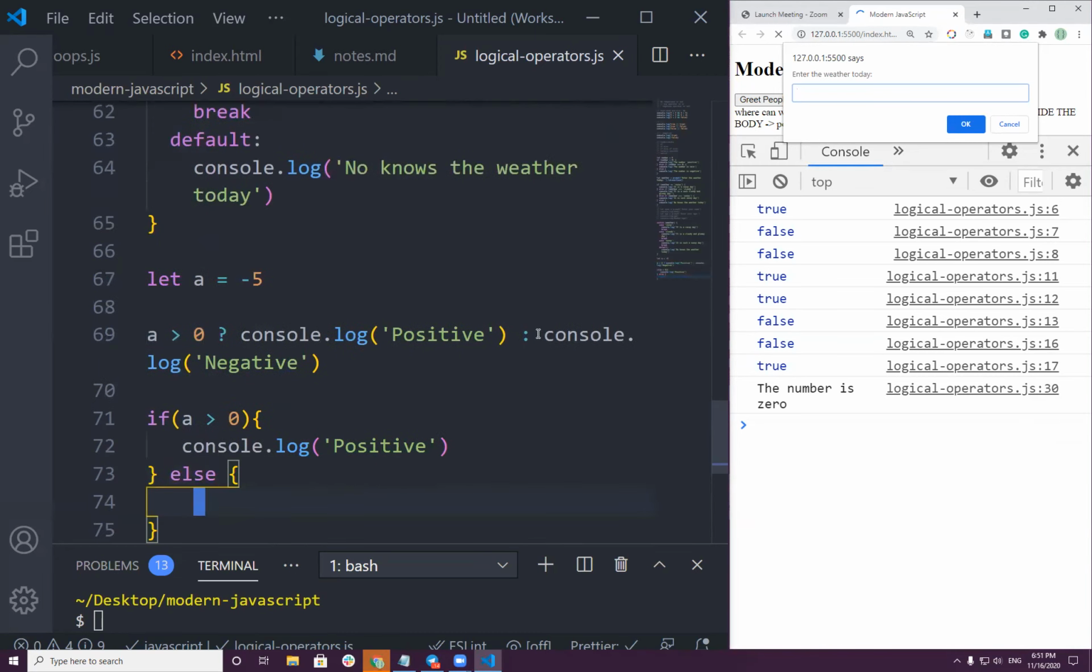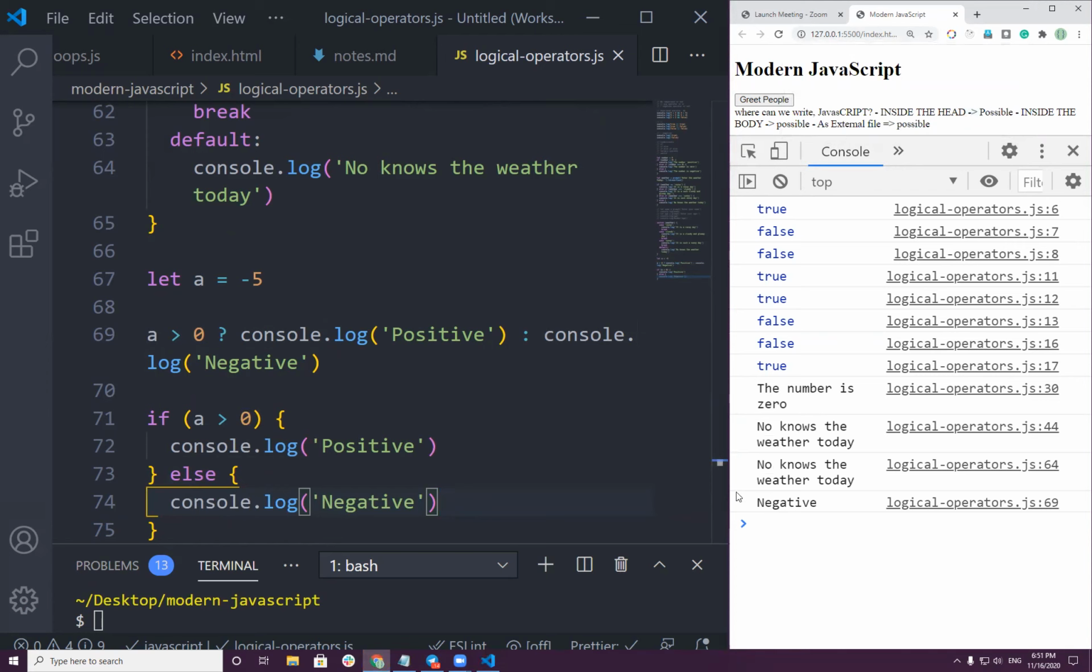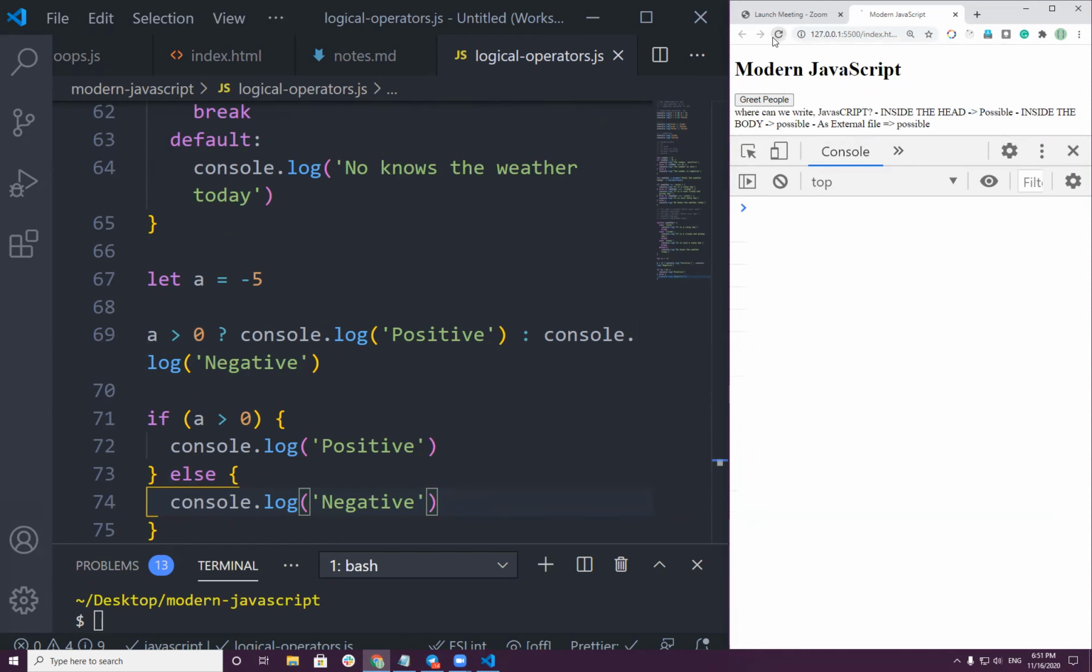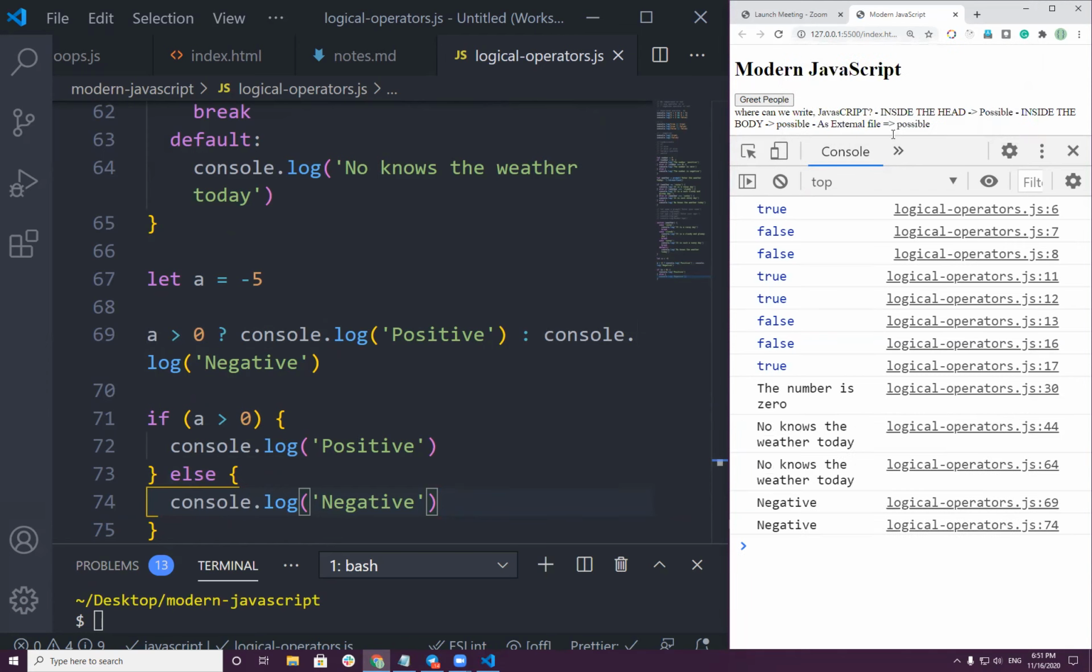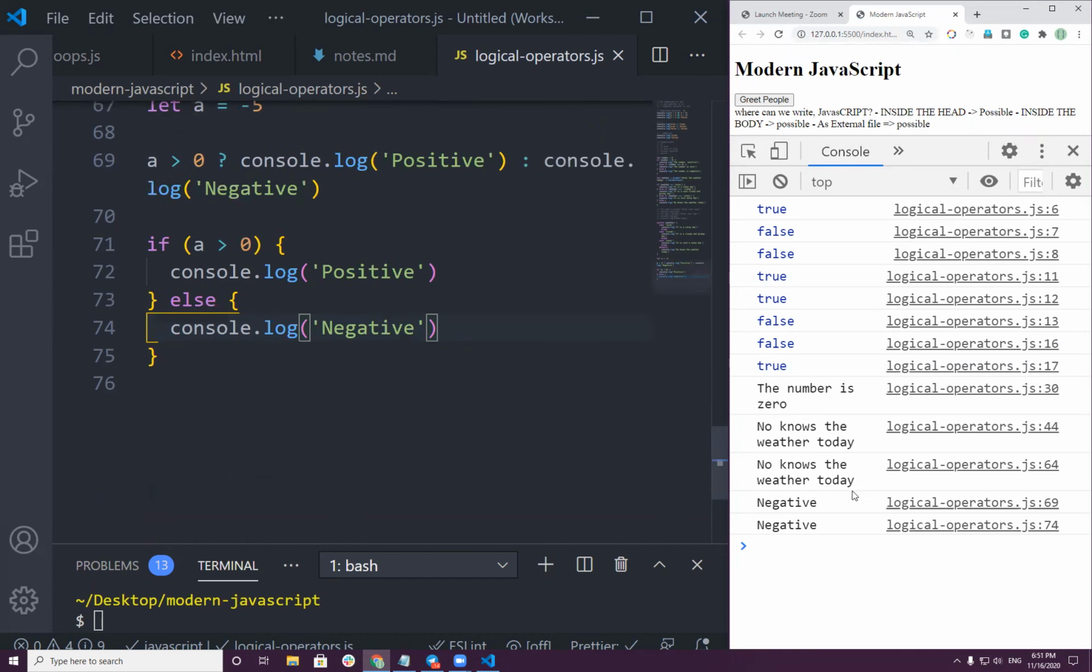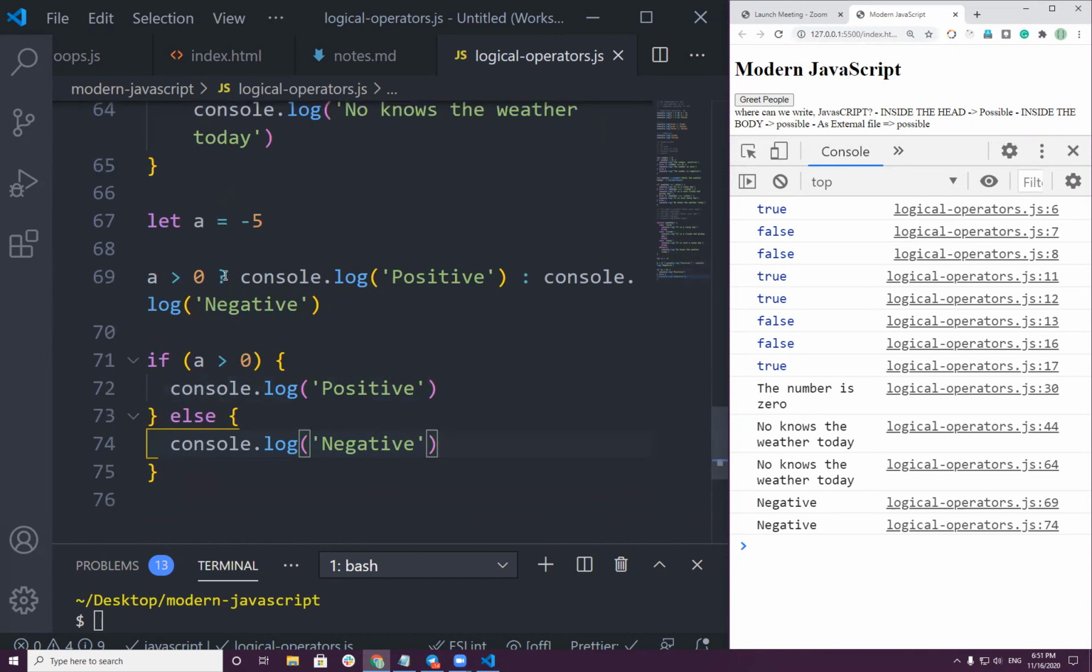Else, we put this part of the code, copy, and put it here. And you should get the same result, negative. This one is from line 69, as you can see, and the other is from line 74. So